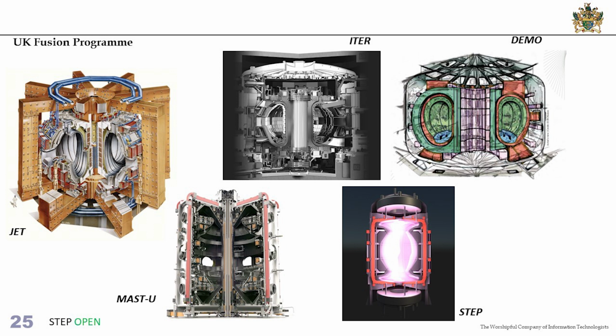There's JET, which is the donut-shaped plasma that we talked about, and we had the picture of at the beginning, which started back in the 80s and is leading on to the huge ITER experiment in the south of France, which we also heard about, currently being constructed in Cadarache, which will still be an experiment, but will produce net energy gain for the first time in this magnetic configuration.